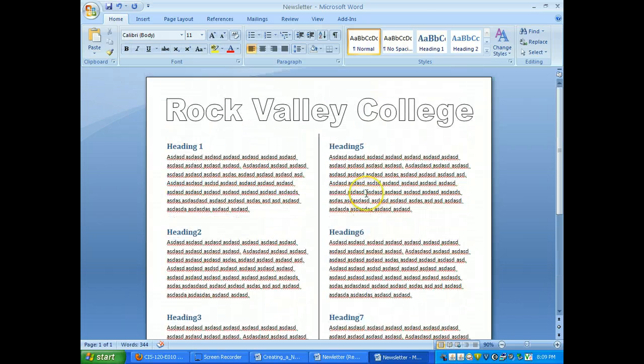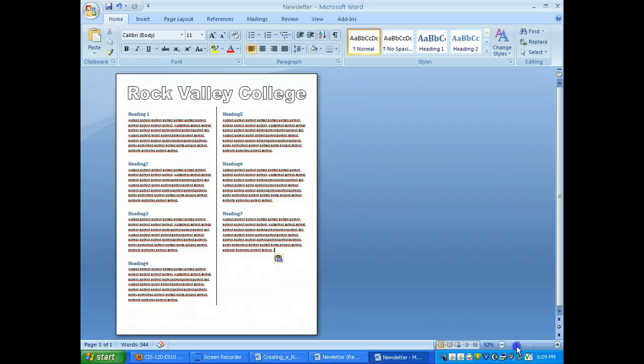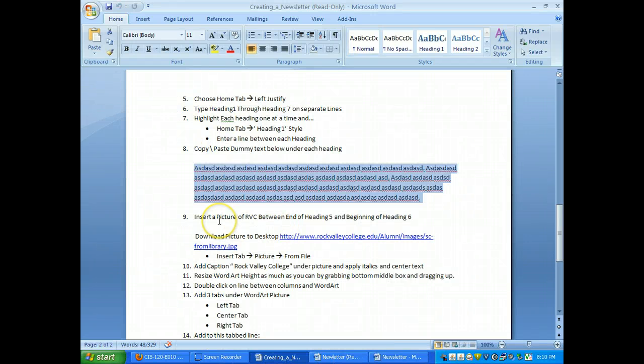Okay, so I've got my bird's eye view here now of what I've got so far. I've got my masthead, my headings 1 through 7, my dummy text, line in between 2 column, my margins 0.5 all the way around. Make sense so far? Okay? Then, after I've done that, I want you to insert a picture of Rock Valley College between the headings